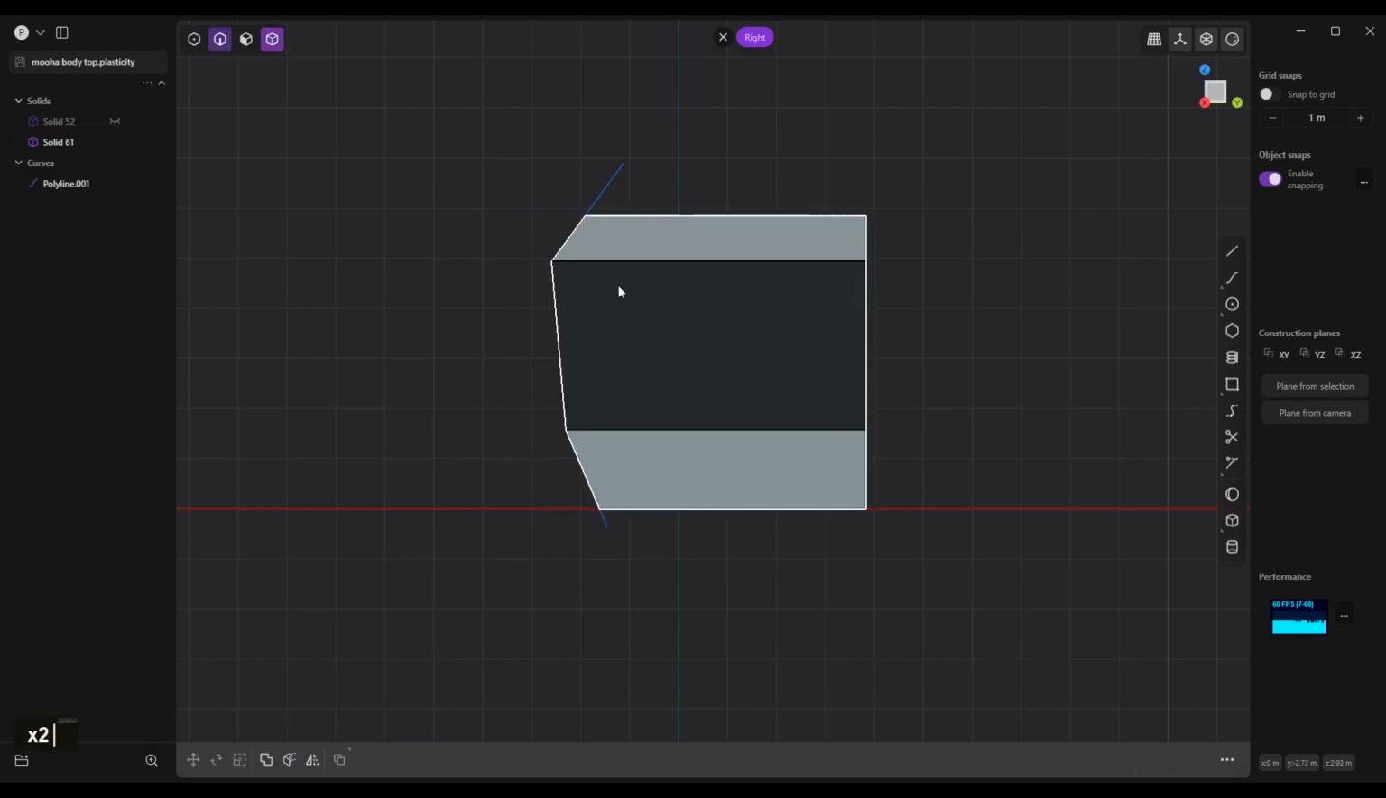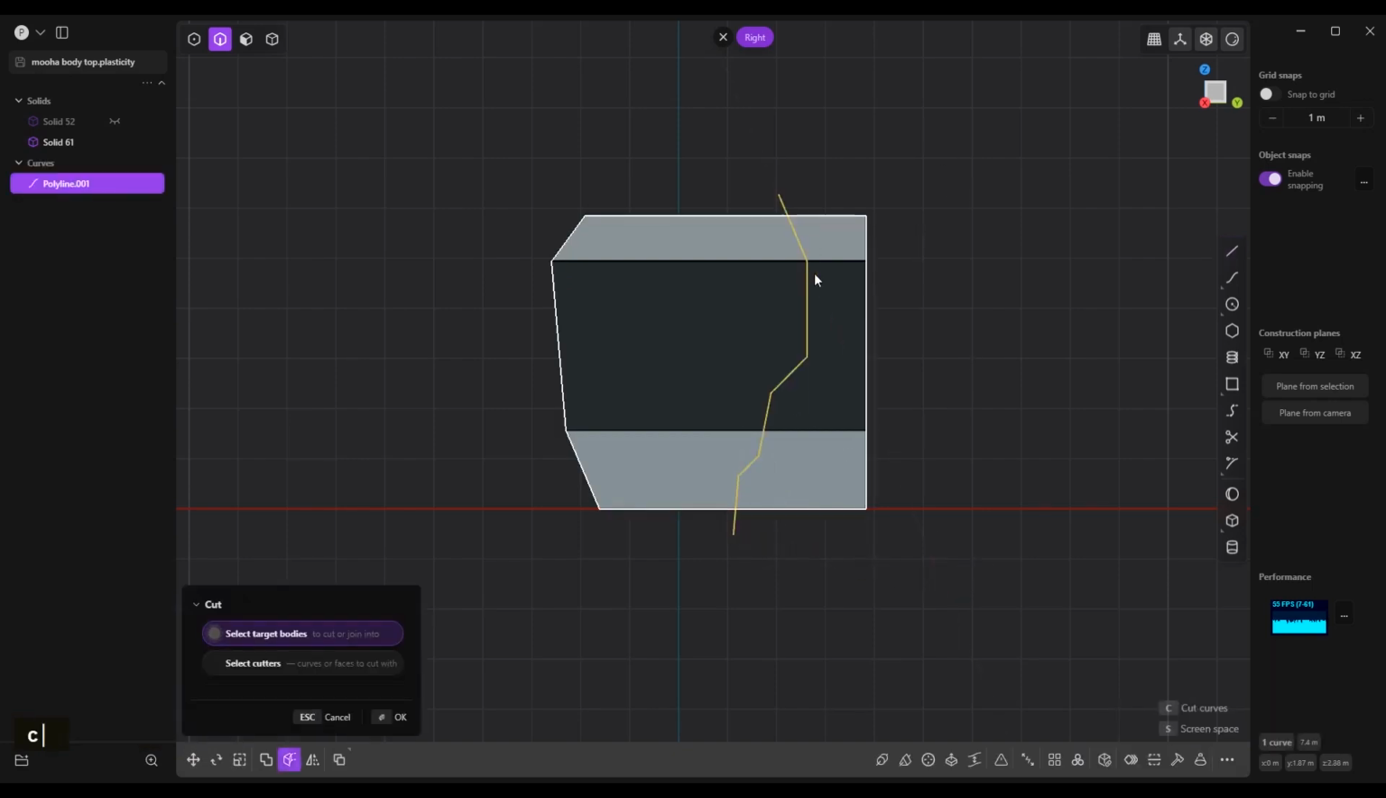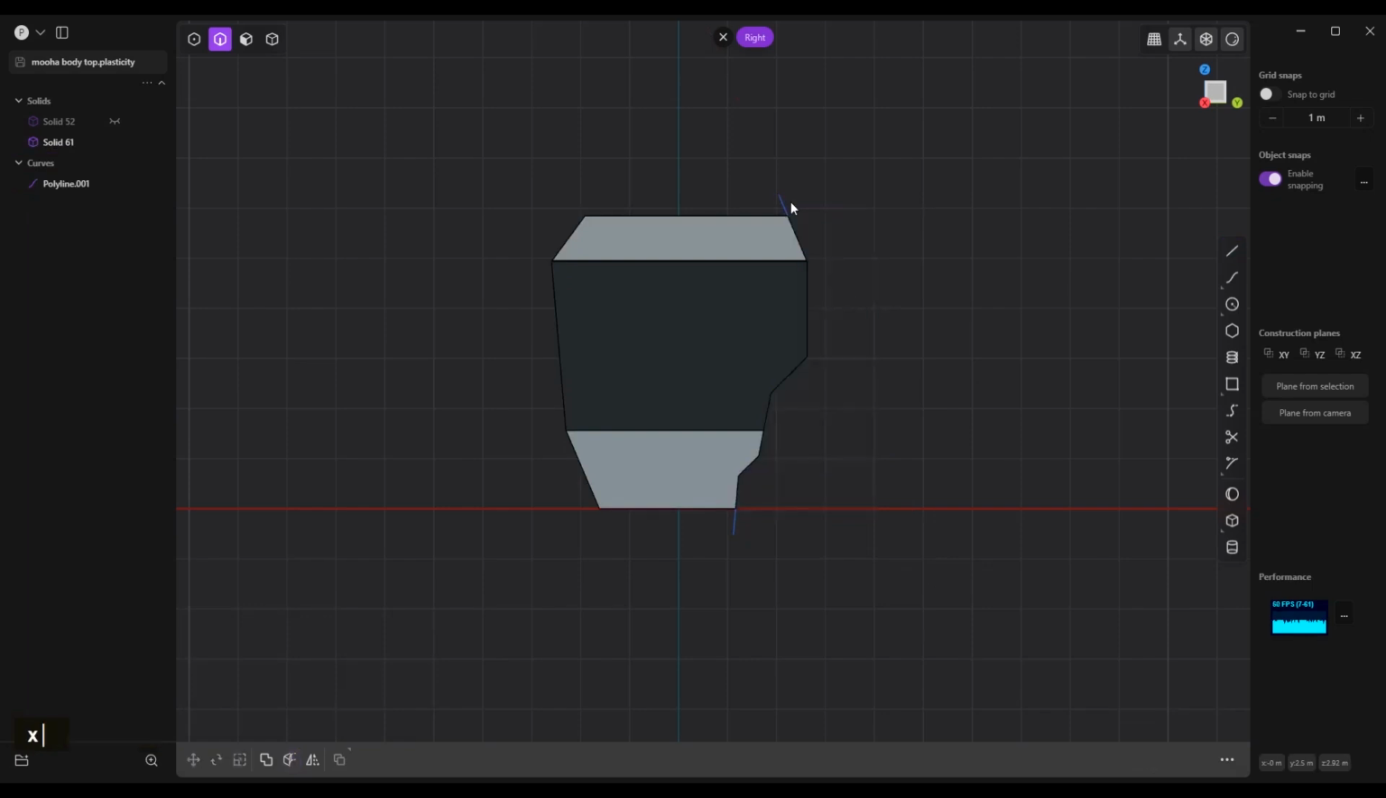X to delete, 2, select curve, X to delete, Shift A, like this, sort of this angle, something like this, C to cut, right click to confirm, X to delete, 2, select curve, X to delete, Shift A,